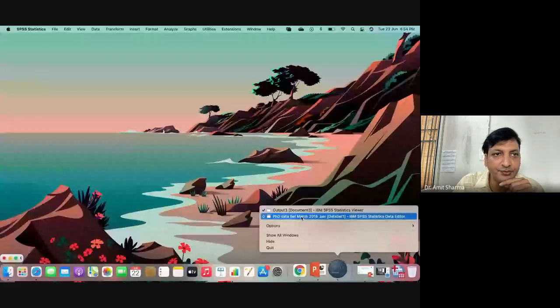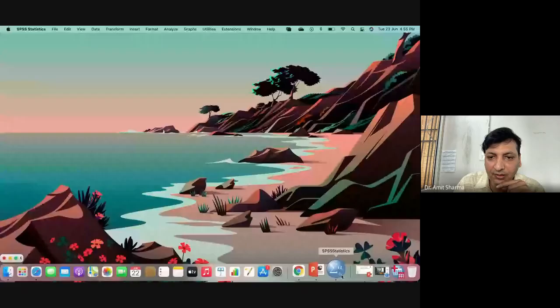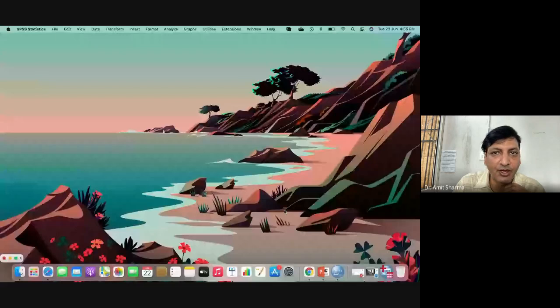Variable View. Again, I'm getting the same thing. Actually, I'm not familiar with the Mac version. I was using SPSS for the last three to four years on the Windows platform only.